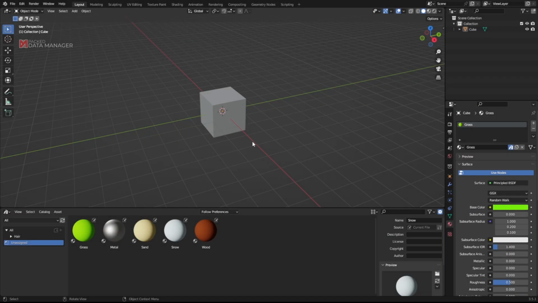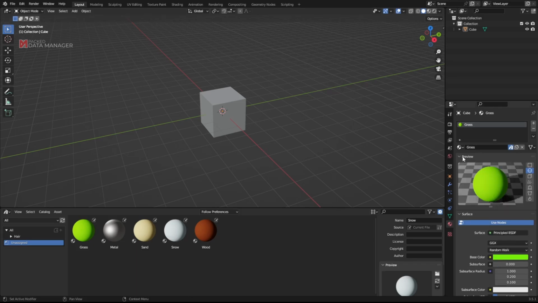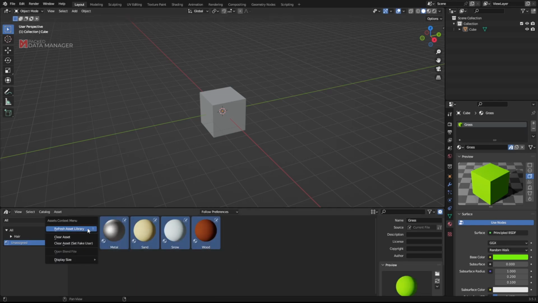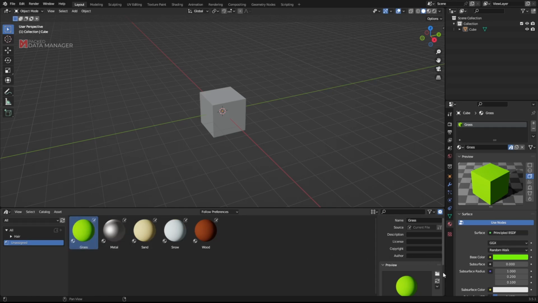In this scenario, I have 5 materials marked as asset, and I'd like to change their preview type. In order to do that in vanilla Blender, we need to select each material, expand their preview section, and we can change their preview here. So I'm going to choose cube, and I'd like this preview to be reflected in the asset browser. So how can I do that? Well, I'm going to try to refresh asset library. Doesn't work. So what you have to do is select the material and hit this generate preview button.